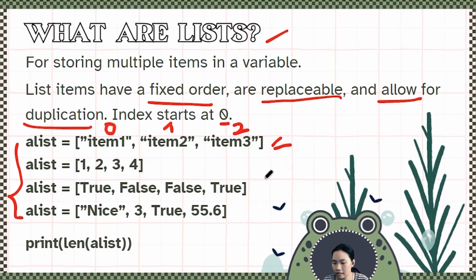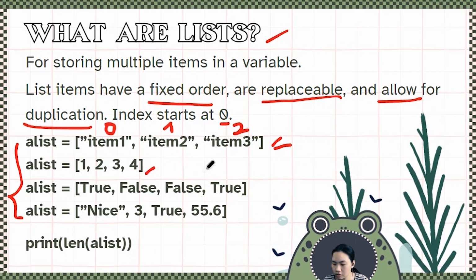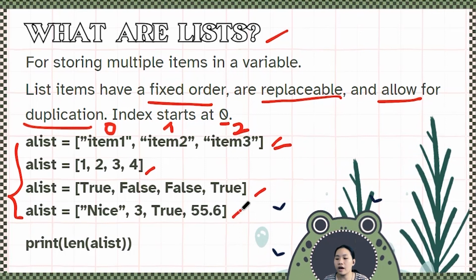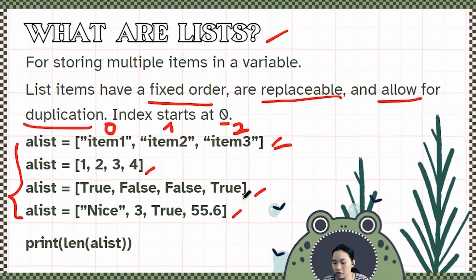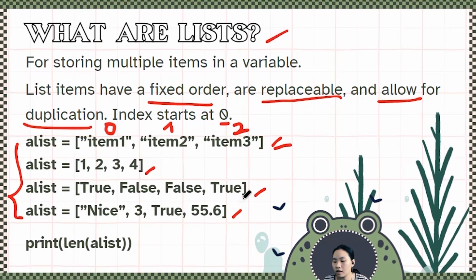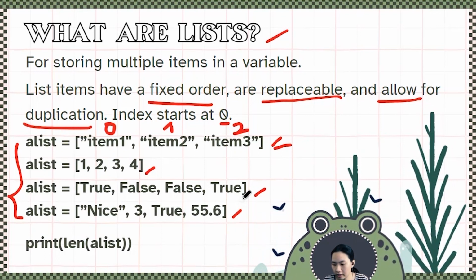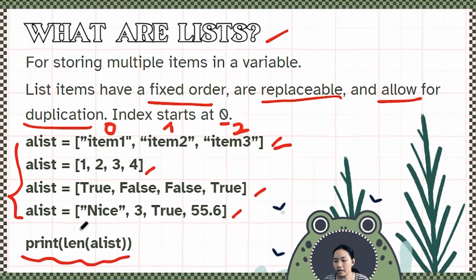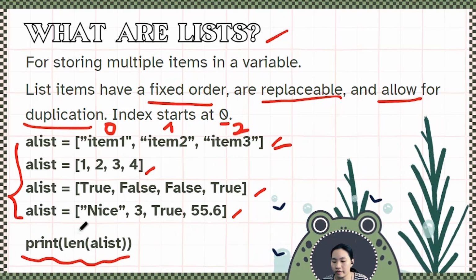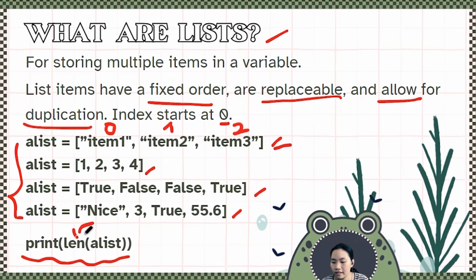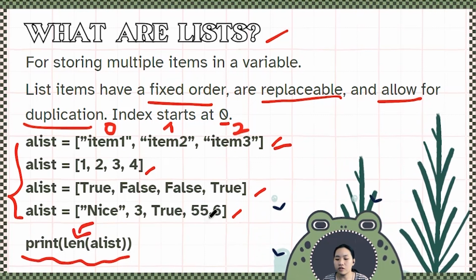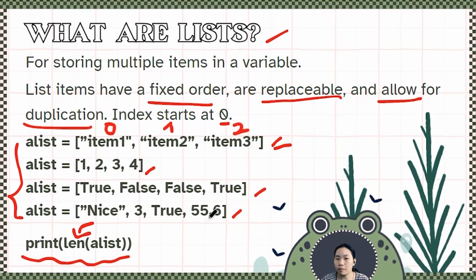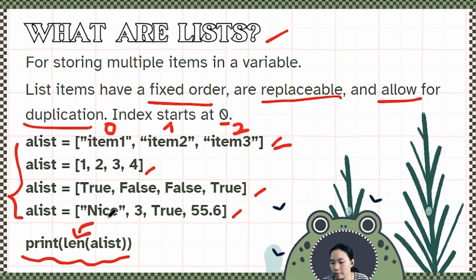You can have strings in a list, you can have numbers or integers in a list, you can also have Boolean values, or you can combine integers, strings, floats, and Booleans. Now, we have this little thing down here. I don't know if you remember, but we've encountered this before. len returns the length of the object that is passed into it. Okay,